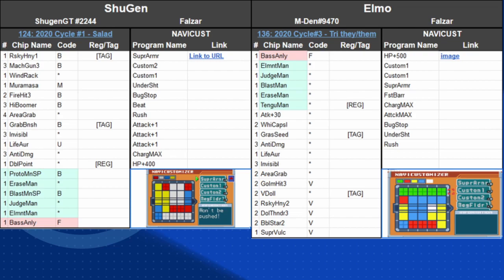But yeah, so I think for this matchup, both of these folders can have a bit of burst damage, but one thing that Amden has to watch out for is their lack of fire chips. So Shugen can very easily go into Tomahawk Cross, try to get that B banish or these M boomers, doing a lot of damage through them, whereas Amden only has Element Man and Blast Man, which both allow for a